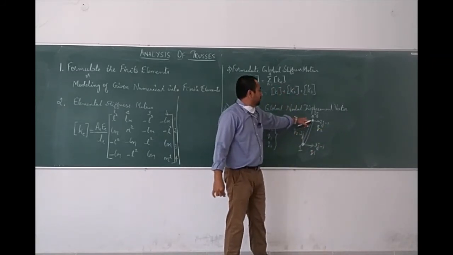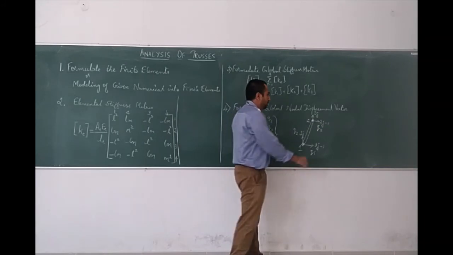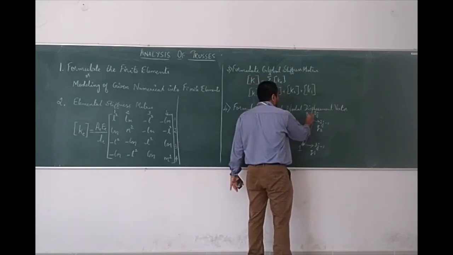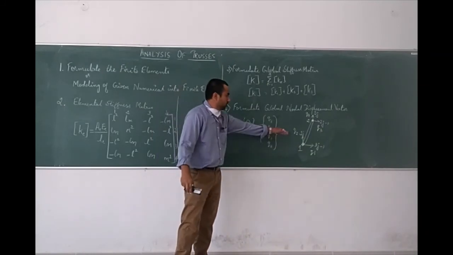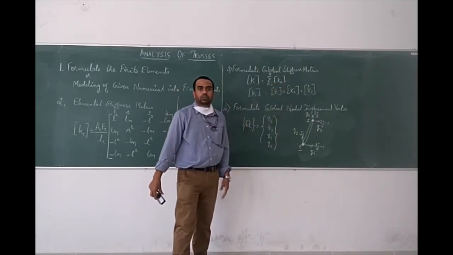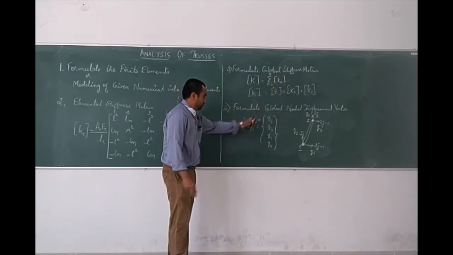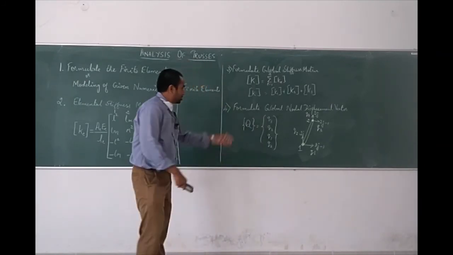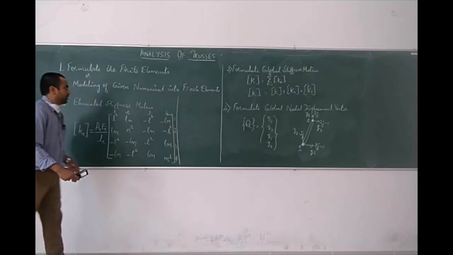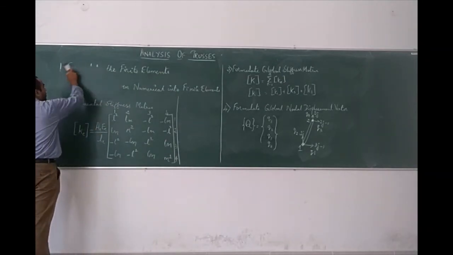Here 2 into 2 is 4, Q4 is along y direction. So Q1, Q2, Q3 and Q4. So that is what we have formulated. Similarly, once the global nodal displacement vector is known, we will